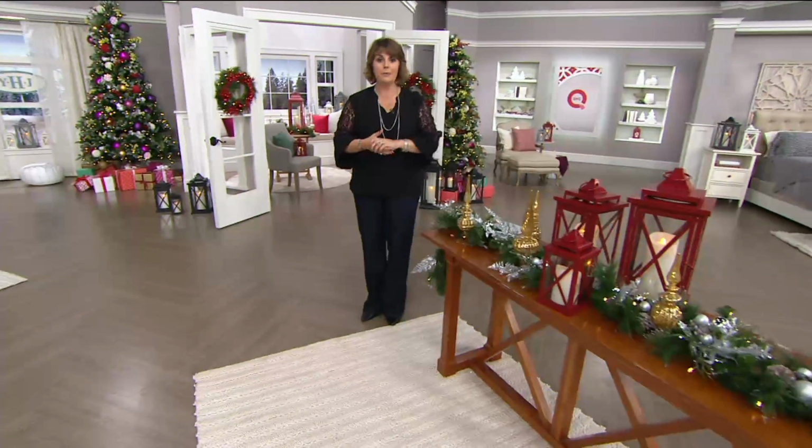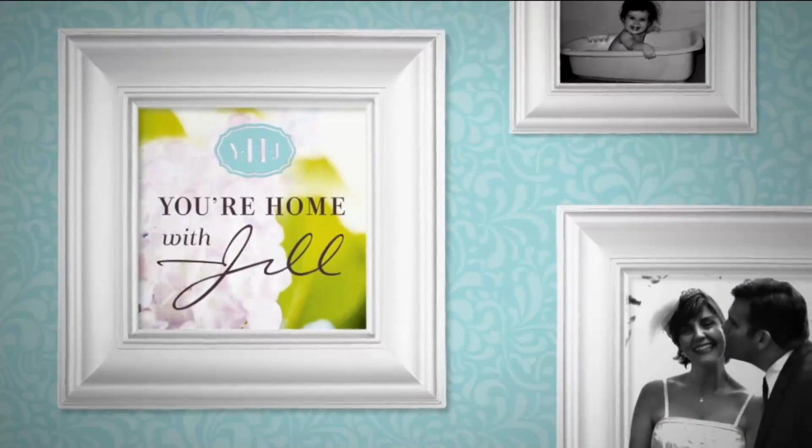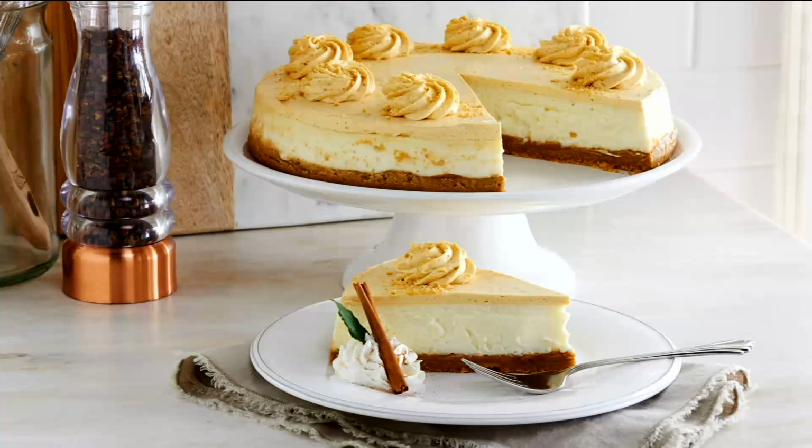All right, also coming up in the show, we're gonna eat, and here is 5 pounds of pumpkin